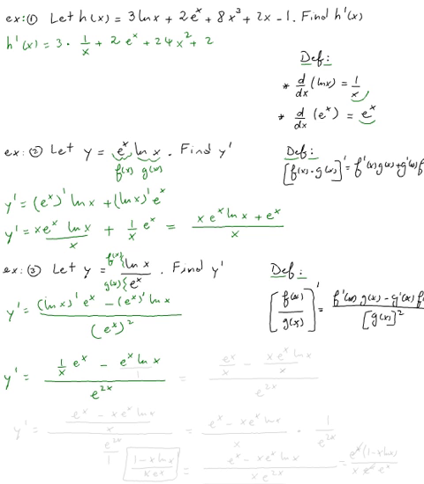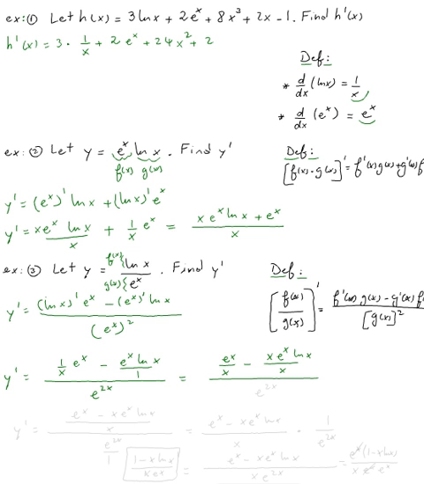Now here we need to rewrite this with the same denominator, so e to the x over x minus, common denominator, think of this as being 1, so multiply the denominator by x and the top by x, so x e to the x ln x